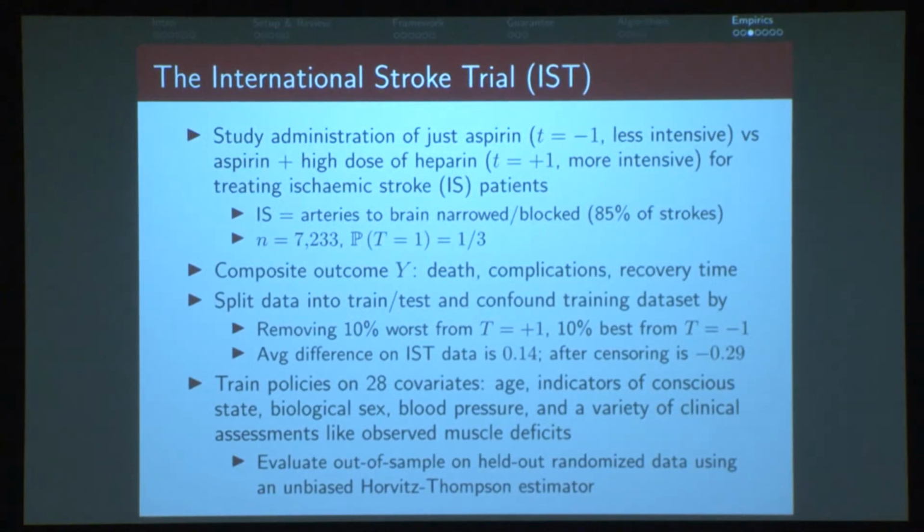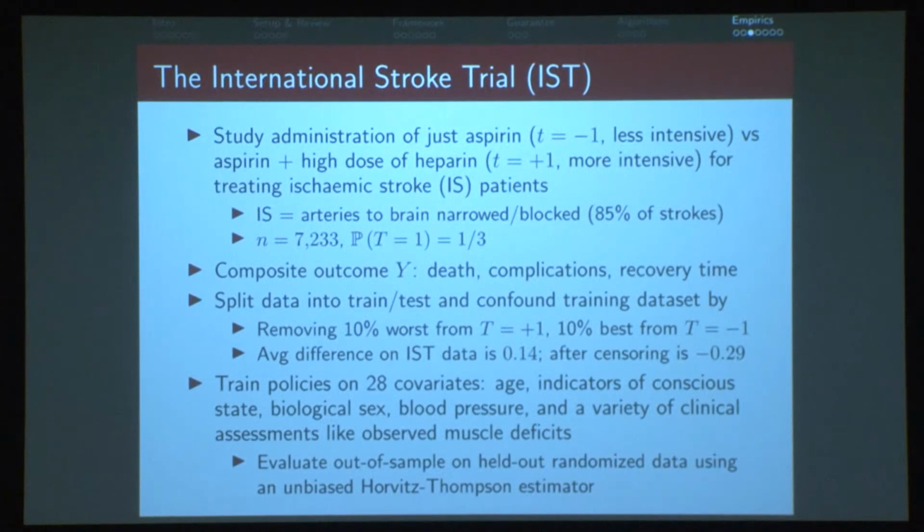OK, so we're going to look at an outcome that's going to measure a variety of things. It's a composite score. It's going to measure whether somebody died or not later on, whether they have complications, a recurrent stroke or other complications, such as hemorrhaging, recovery time, et cetera. And we're going to put all that into one composite score that summarizes those things. We're going to take these 7,000 patients, and we're going to randomly split them into a training set and a test set. The test set we're going to leave as is, as a randomized trial, so we can do some out-of-sample, unbiased evaluation. The training set, we're going to come in and try to introduce some confounding in there